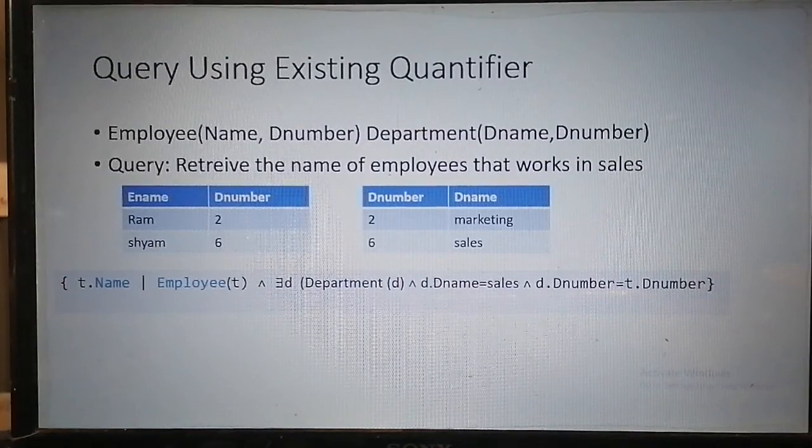So this is the way of writing the query using the existential quantifier.